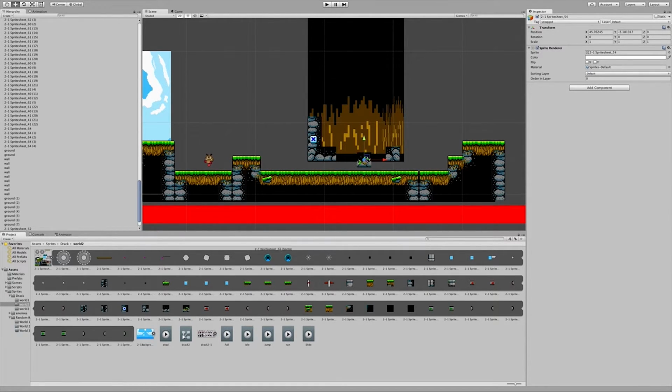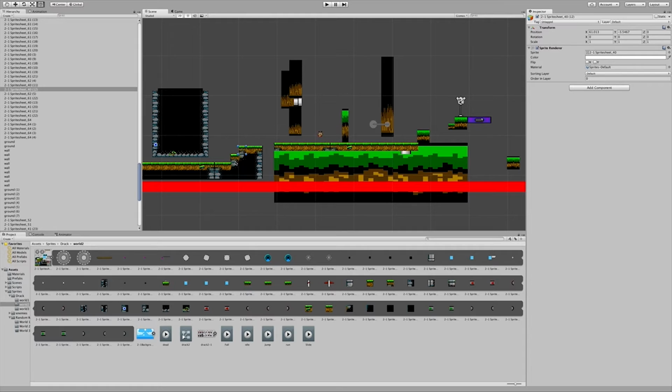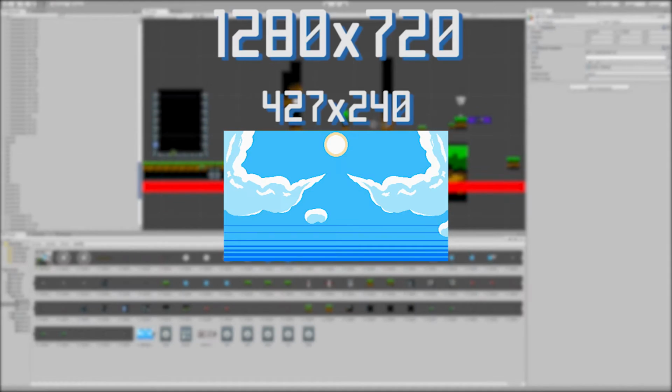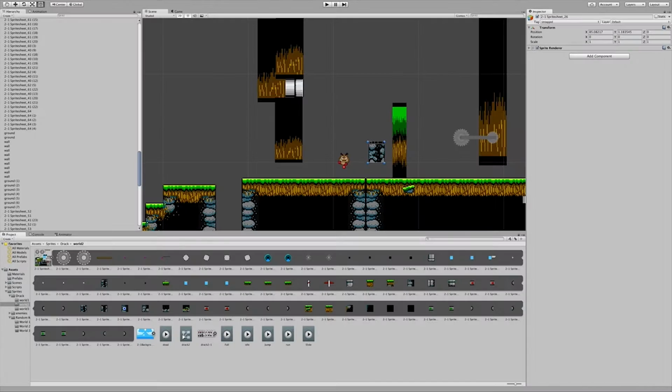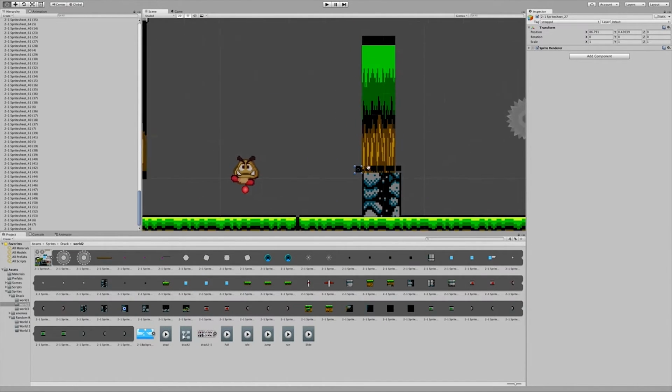Now, in these levels specifically, Drag is visiting the past, so it has to look older, like on the NES or the Game Boy. Now, the challenge for this was I had to limit myself to a certain resolution and a certain color palette. Now, having these restrictions made me feel like I grew in my art ability.